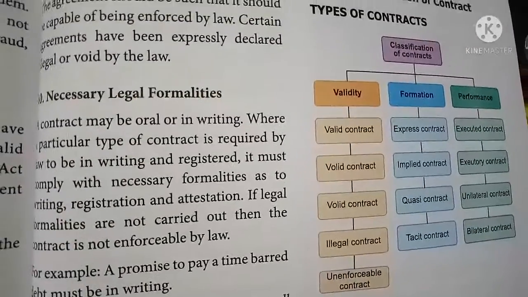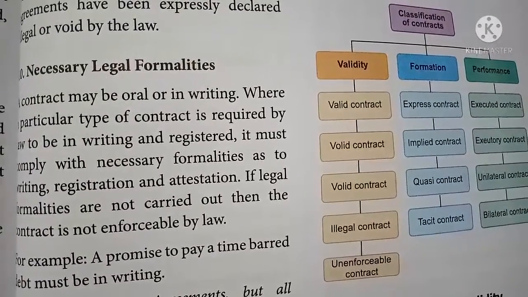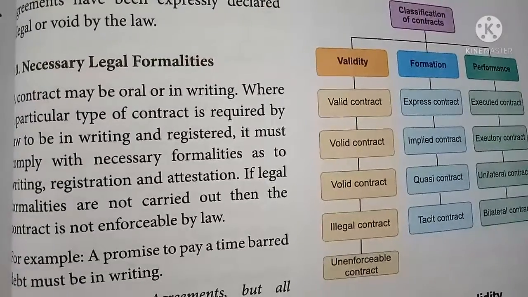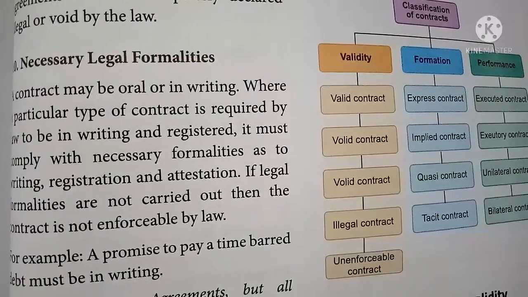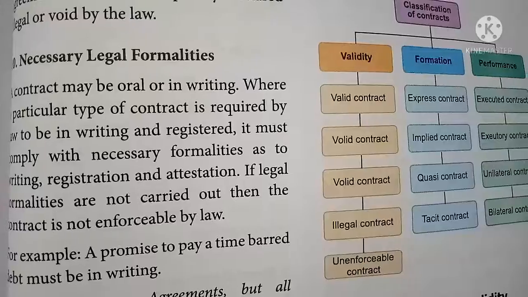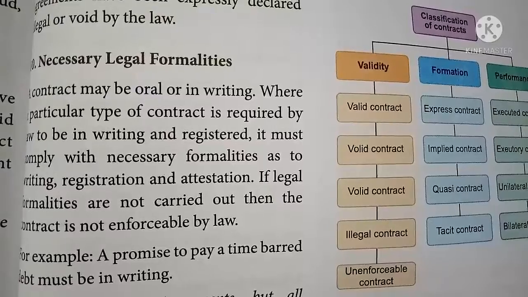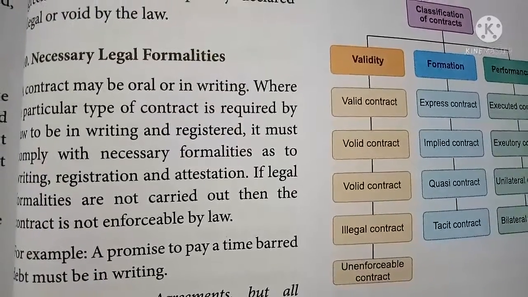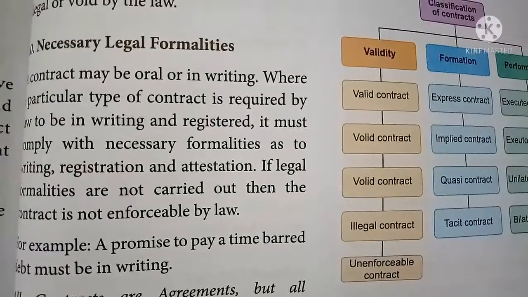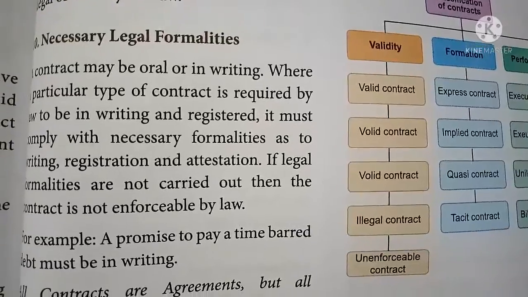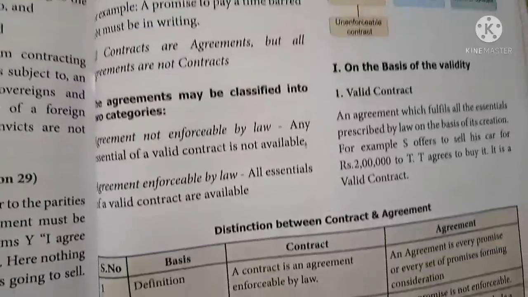Necessary legal formalities. Contract may be oral or in writing. So where a particular type of contract is required by law to be in writing and registered, it must comply with necessary formalities as to writing, registration, and attestations. So all formalities to make a contract should be either oral or in writing. But in writing, the agreement should be very useful and should be registered in order to make a valid contract. The next one is